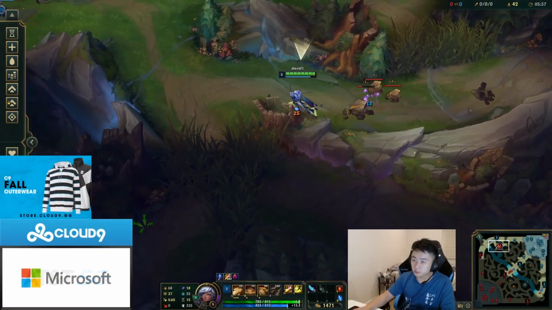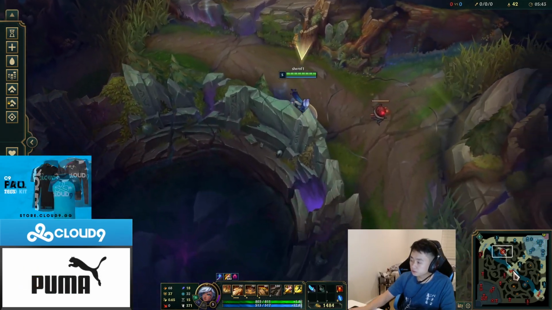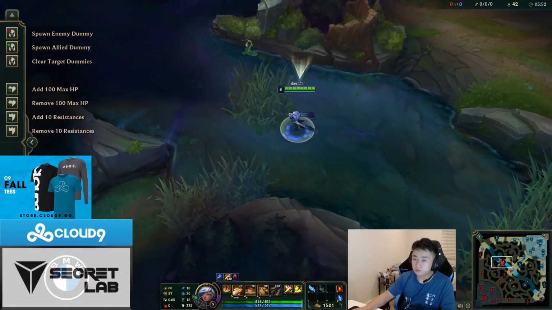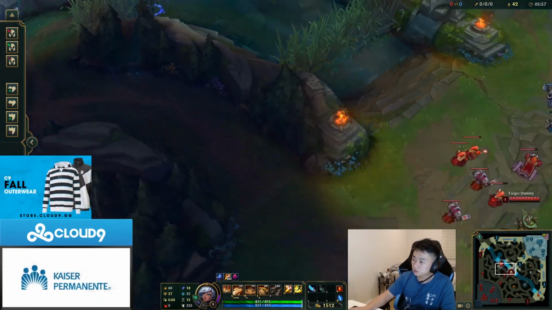Now let's talk about ganking angles. So on Taliyah, you mainly want to gank without using your W. So for example, say I'm going to gank mid. I'm going to put a dummy here. I'm going to come around,